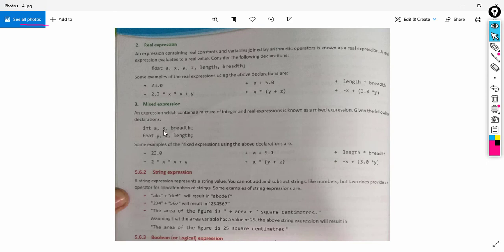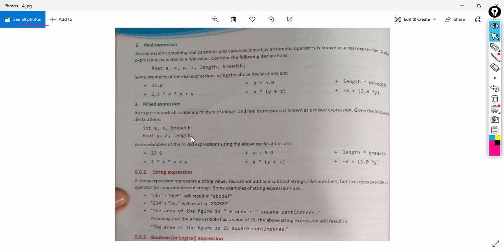Here we are declaring variables of different data types such as int and float. See 23.0, which kind of expression is it? Real expression. Then a plus 5.0: a is integer type, 5.0 is a real literal. So it is a combination of a real literal and an integer variable, an example of a mixed expression.